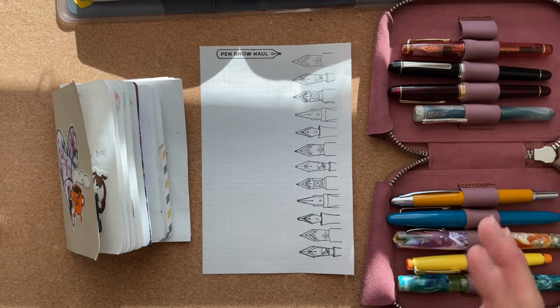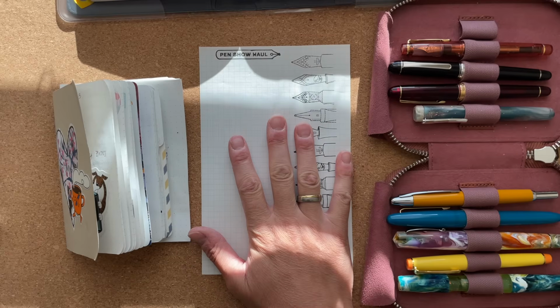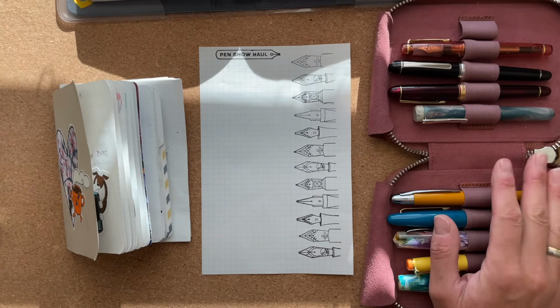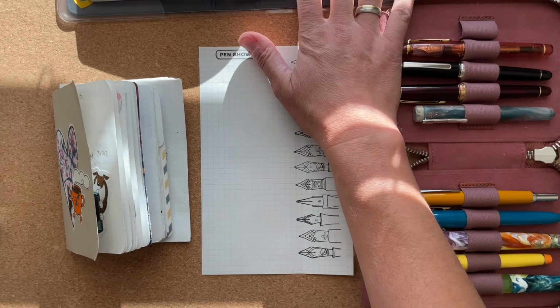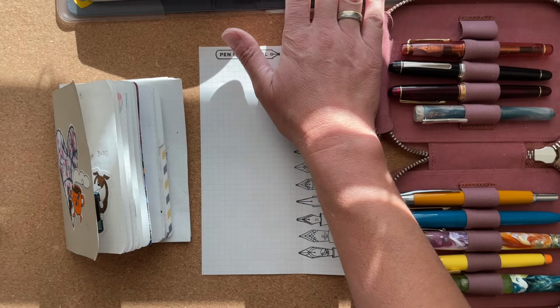I'm here to share my San Francisco Pen Show haul. I went to the San Francisco Pen Show from August 23rd to the 25th, and it's the Thursday after the show. I have all of the pens that I brought back with me inked, so I can show you some writing samples. I swatched all the inks, not all of them, one is missing, in my Cosmo Air Light notebook,